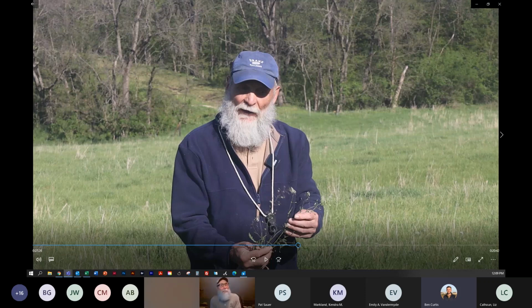Artemisia. I can't think of the species epithet, but it's a non-native species of Artemisia. I'll probably think of it as we go along here. That was accidentally introduced into this prairie planting, probably as a mistake. We wanted Artemisia ludoviciana, which is a native prairie sage, and we ended up with a non-native species. So it was probably a mistake that somehow the seed got into the seed mix, and so that was not desirable at all. Well, as it turns out, this late burn was effective in removing it.